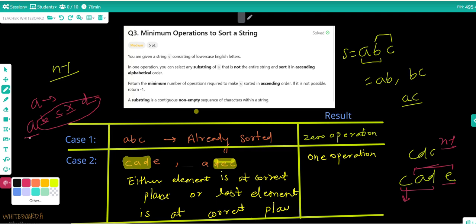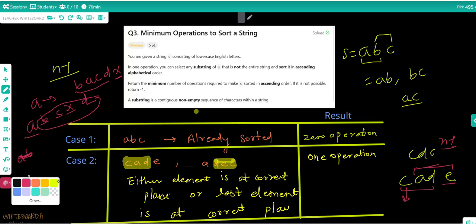Or you can say the maximum element is placed at the end, like b a c d x. If x is placed at the correct position, then you can easily sort this string in one operation.